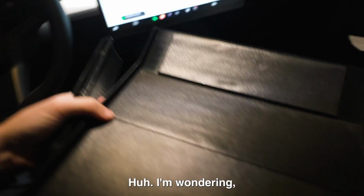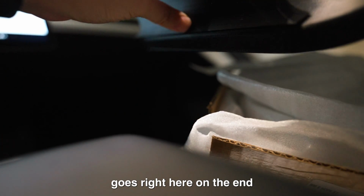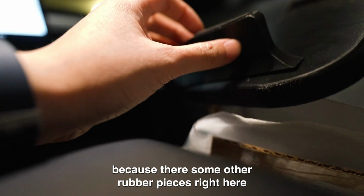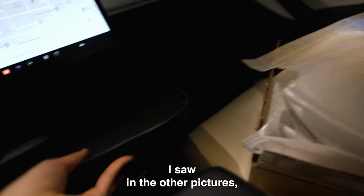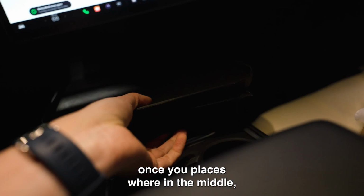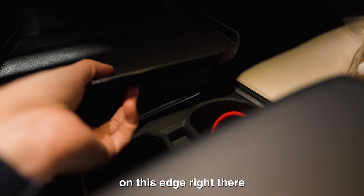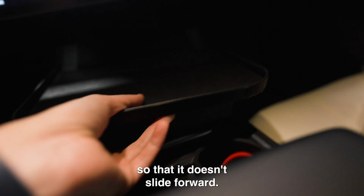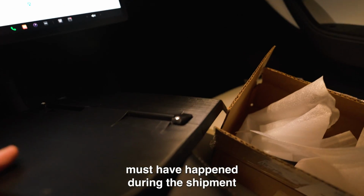Huh. I'm wondering, let me take a look. I think this other piece goes right here on the end because there are some other rubber pieces right here that would kind of lift it up. I saw in the other pictures, once you place this right in the middle, this bar is supposed to rest on this edge right there so that it doesn't slide forward, but it looks like something must have happened during the shipment